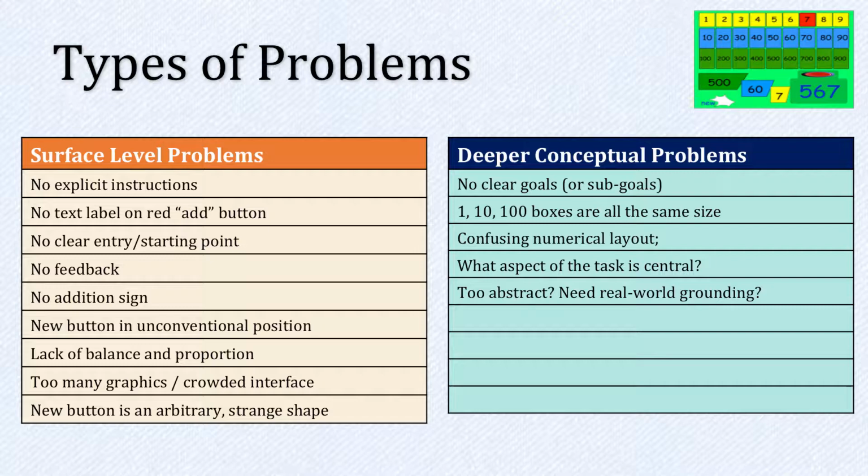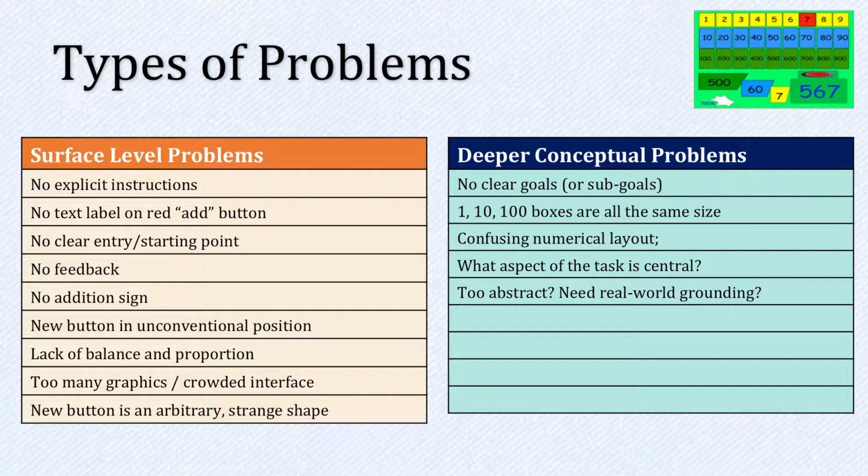So on the left here, we see a list of surface-level problems, such as no explicit instructions. There's no text label on the red Add button. There's no clear entry or starting point. There's no feedback or addition sign. The New button is in an unconventional position. There's a lack of balance and proportion. Some of you argued there's too many graphics. It's kind of a crowded, overwhelming interface. There's not enough use of quote-unquote white space. And the New button is in an arbitrary, strange shape. On the flip side,